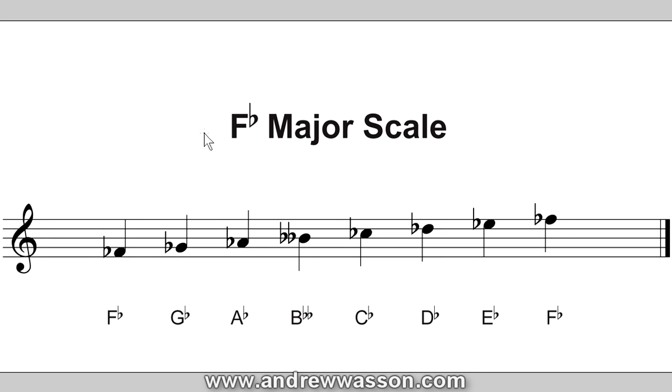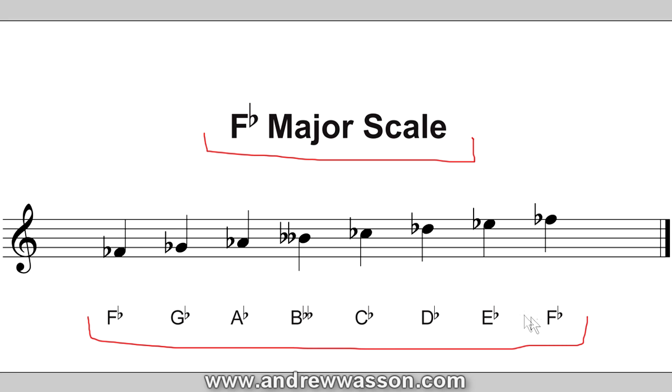So now we've moved everything down by way of a half step, and we've created our new key of F flat major. You can see here we have our F flat major scale, going from F flat to F flat. Everything in the key is now an accidental of a flat, except for the B, which is a double flat. And it's the exact same principle and approach that we had seen occur with the G major becoming G sharp major, except now we're just basically going in the other direction, and we're creating a key that is, of course, synthetic, or doesn't normally exist in our standard collection of key signatures,